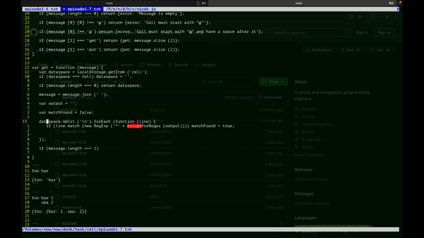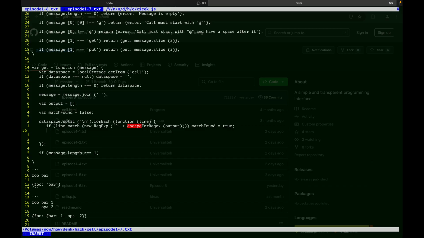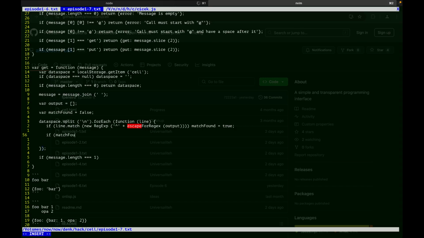Wait a minute, sir. The output needs to be a list of lines that we will then merge with a new line, because we can just keep them as a list for now. And then we have that. Then if the match is found, then we just do if match found. While we're in the match found mode, we just do line replace.